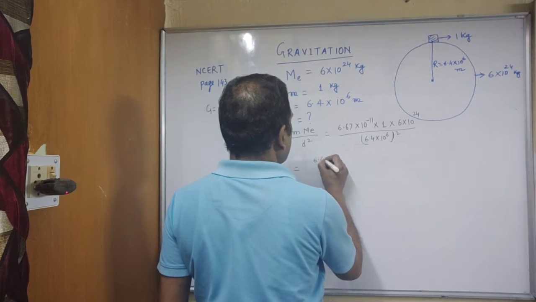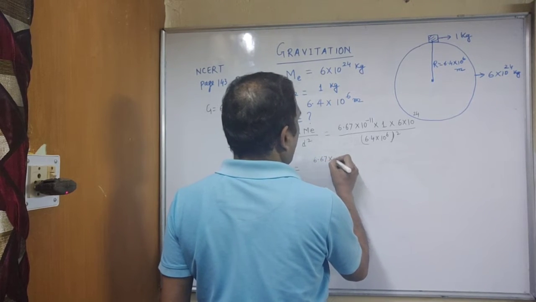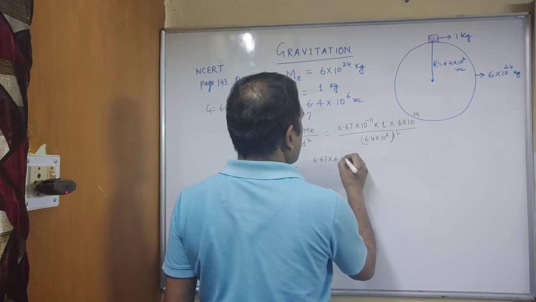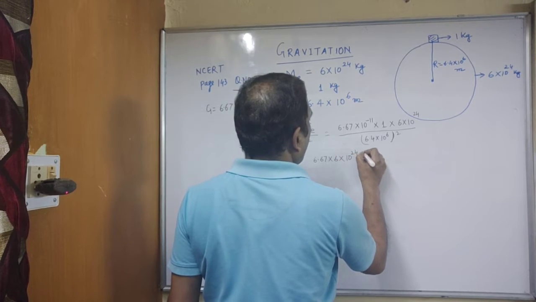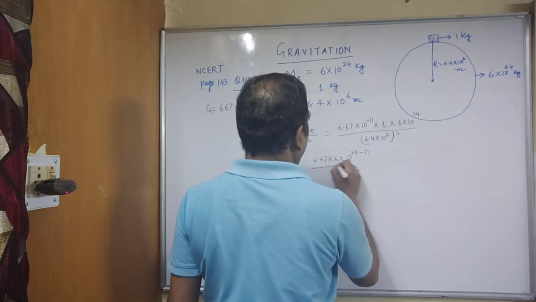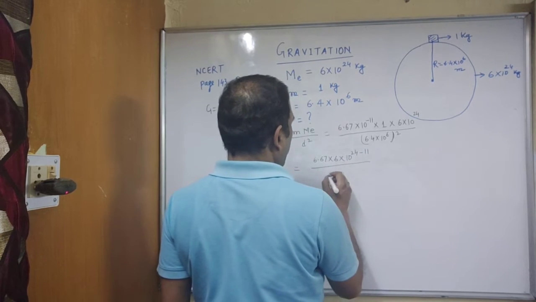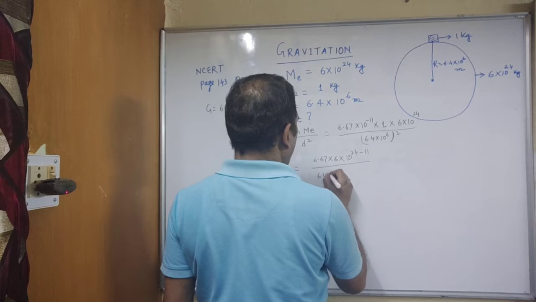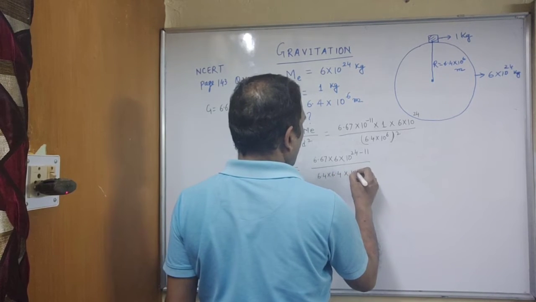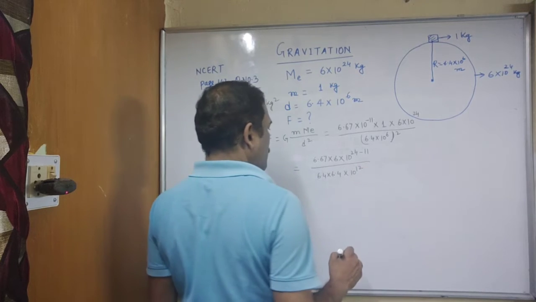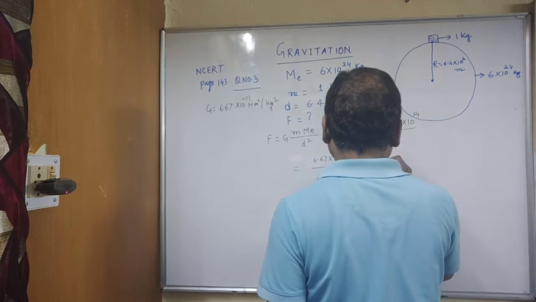So it will be 6.67 into 6 into 10 to the power 24 minus 11, and in denominator we have 6.4 into 6.4 into 10 to the power 12. So further it can be written as